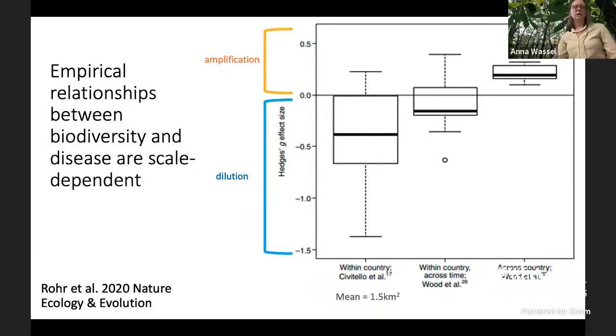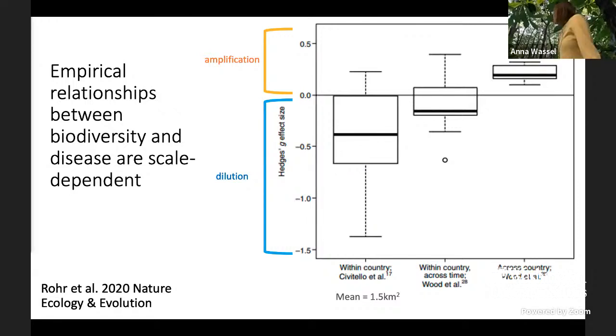And Jason Rohr et al., in their meta-analysis, if you will, of these other meta-analyses, have suggested that one important factor that may help explain these discrepancies is the spatial scale at which